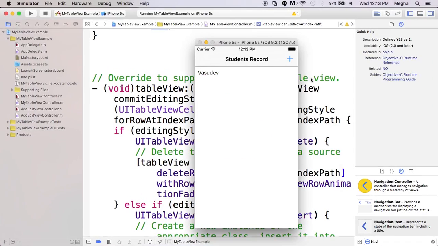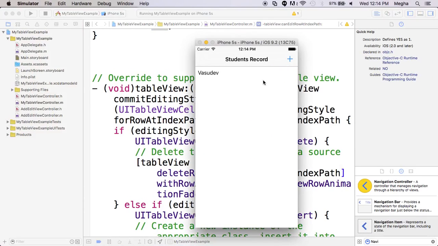When you see that each entry has a delete button, you just need to swipe and you will see the additional context menu or whatever it is. We have the editable option. Okay,